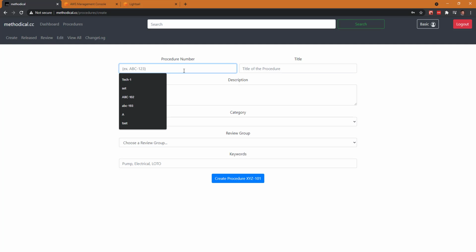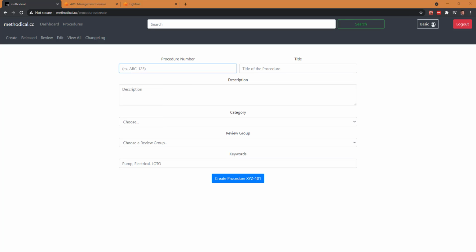So let's create another procedure. This procedure will be kind of silly, but let's just call it navigating or accessing Buzzport. So I'll give it a number, a title, the category,